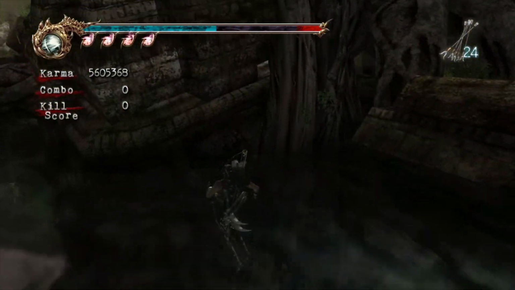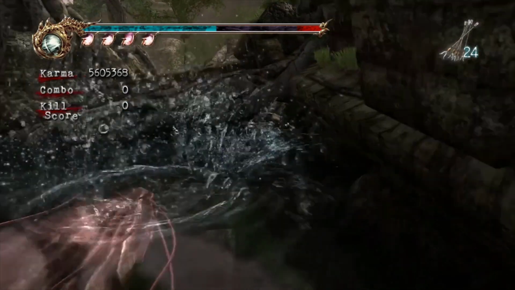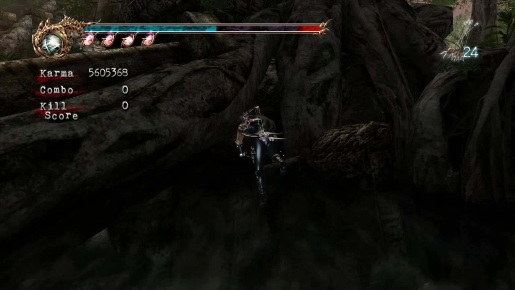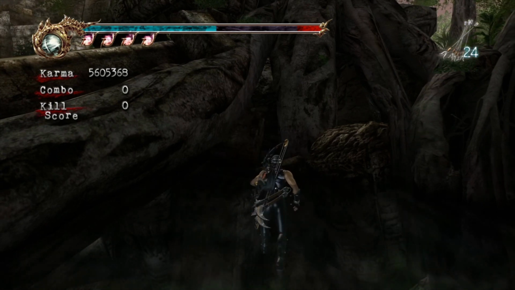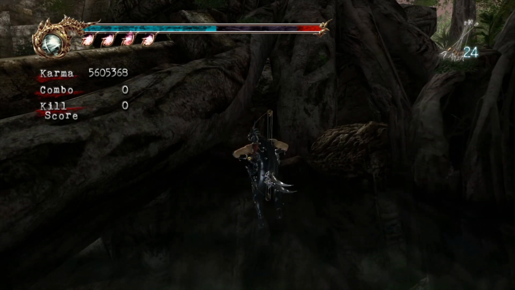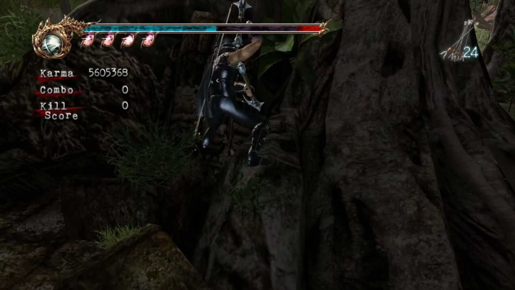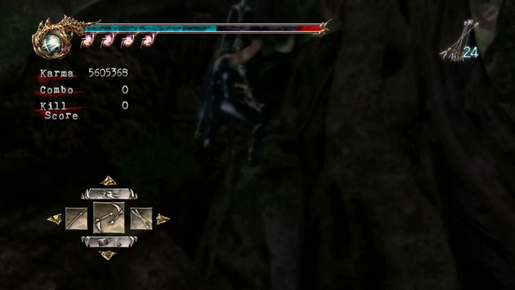Oops, wrong corner. So they can't reach you over here. So right when Ryu grabs, you're gonna push your thumbstick from top left to just forward. And then you'll see him face that corner that you want, and you just push Y over and over again. Next part